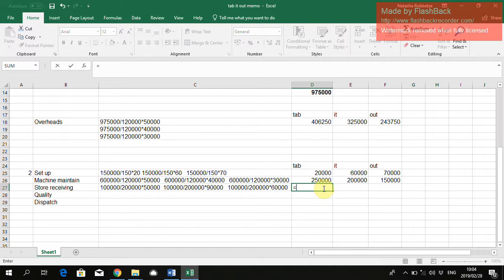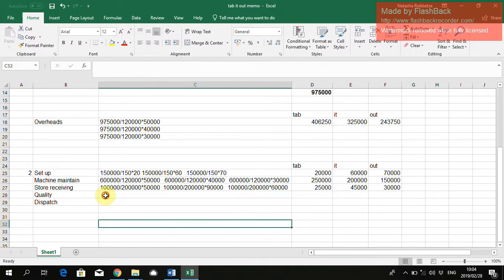So in this instance, 100,000 divided by 200,000 times 50,000, then 100,000 divided by 200,000 times 90,000,